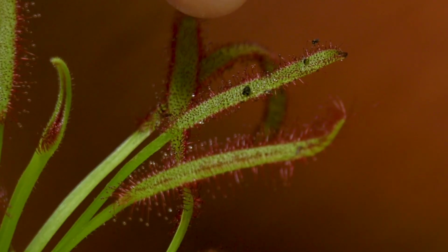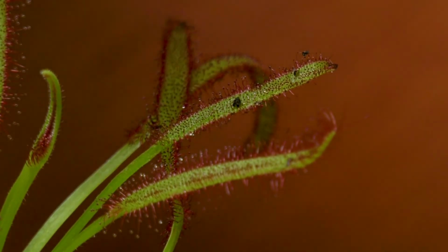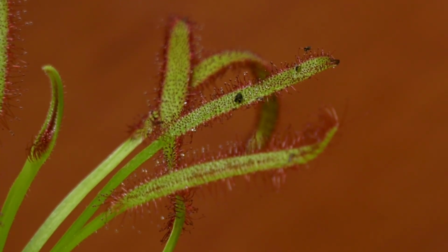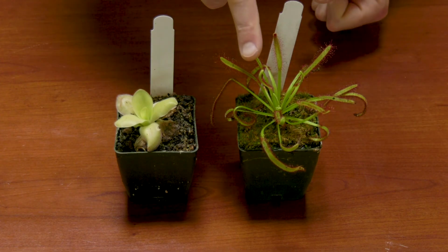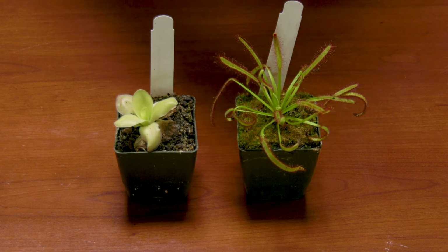When an insect lands on the sundew leaf, there are all these tiny little hairs. These tiny little hairs have the sticky stuff on the end of them. Not only does the sticky stuff trap the bug, but those hairs can detect that the bug is nearby. And what will happen is when there's prey, the leaf will start to slowly roll up to help with